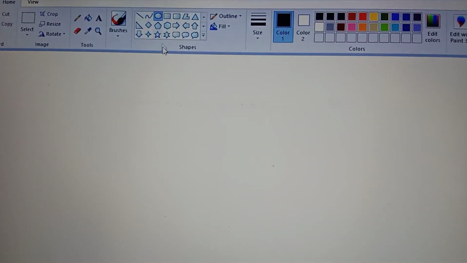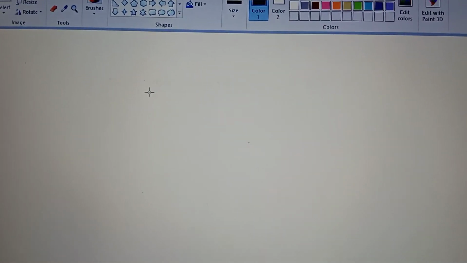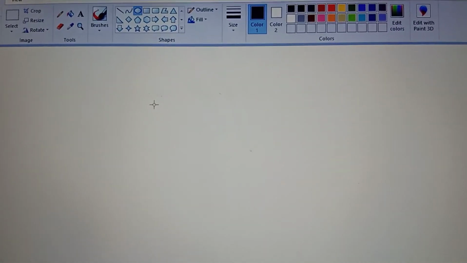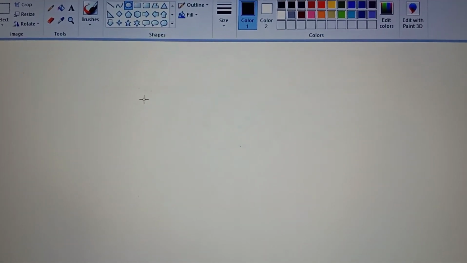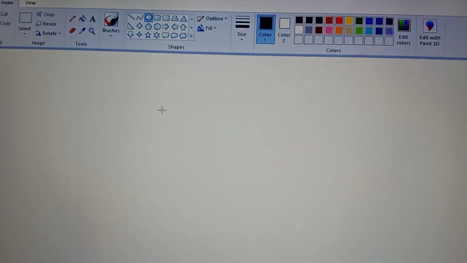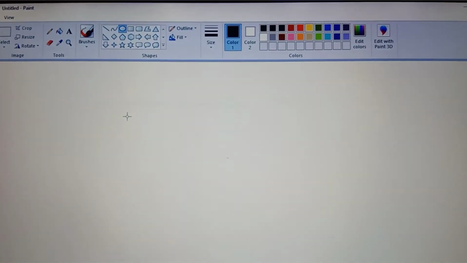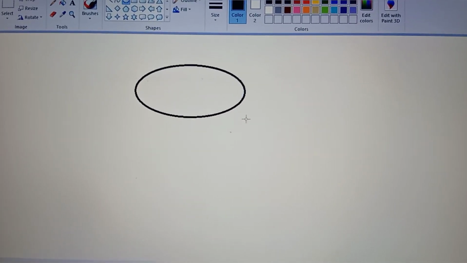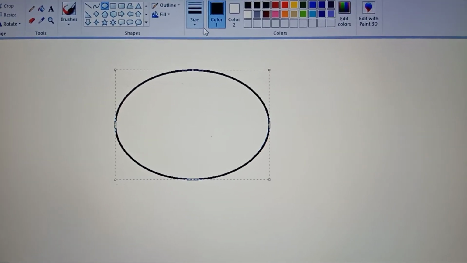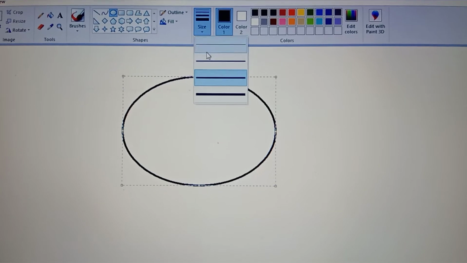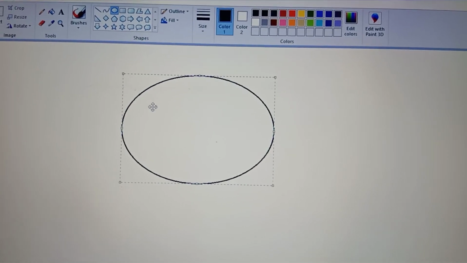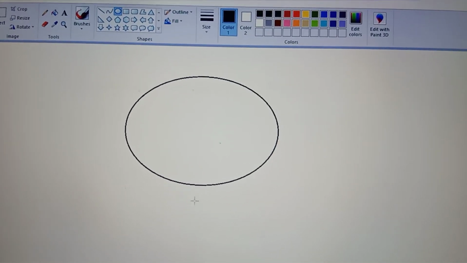Suppose I click on the circle and then drag. All of you know, in Paint we can draw by dragging itself. Look, when I click on it, did any change occur? No, but when I drag, the circle is drawn. I can change the size according to my requirement, as I already told you. So this is a closed picture.